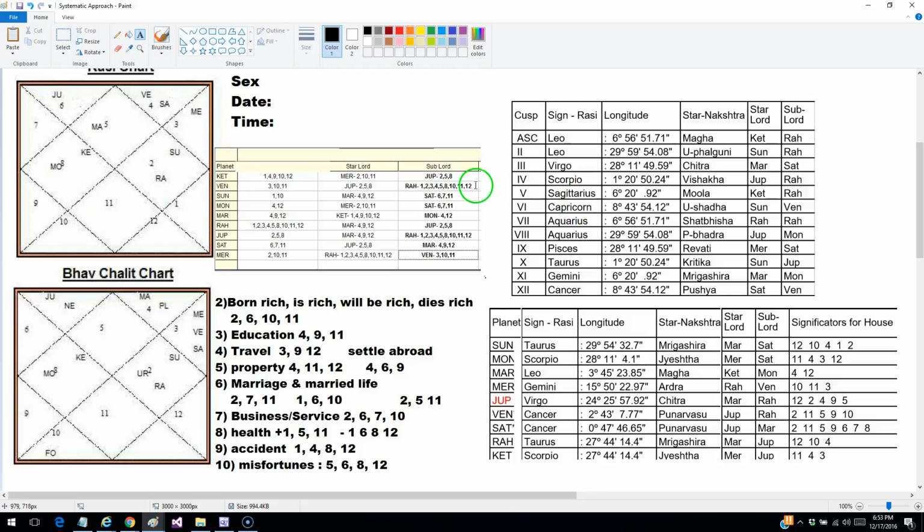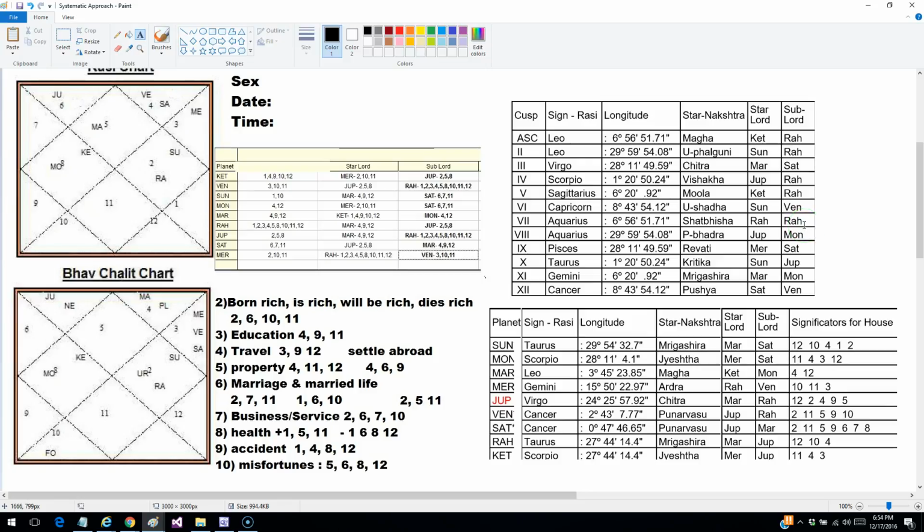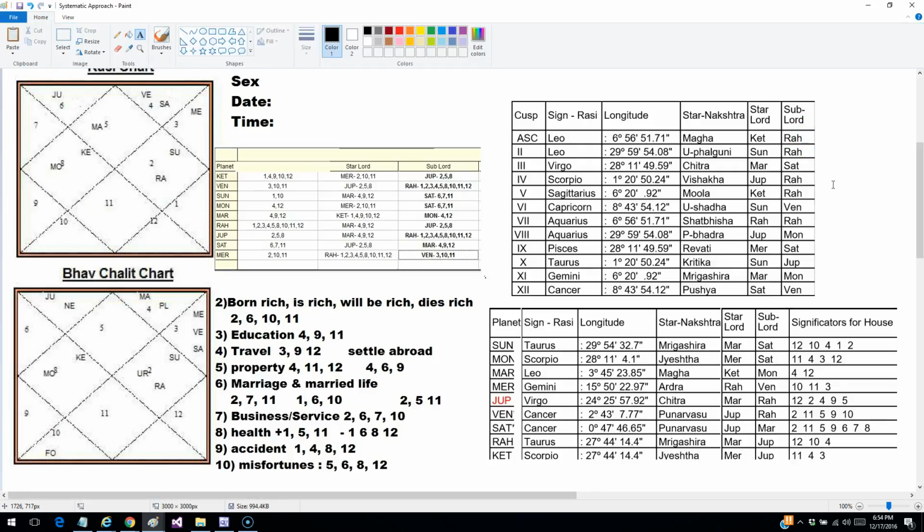Okay. Now here, I want to draw your attention to one thing. In Krishnamurti Paddhati, the cuspal sublord plays a very important role. For example, if you have to look at marriage, then the rule is to look at the cuspal sublord. If the cuspal sublord promises marriage, then only you predict about the marriage. Otherwise, just ignore it. But in one of the videos, I think I have pointed out that to get a very accurate cusp chart with all these very accurate cuspal sublords